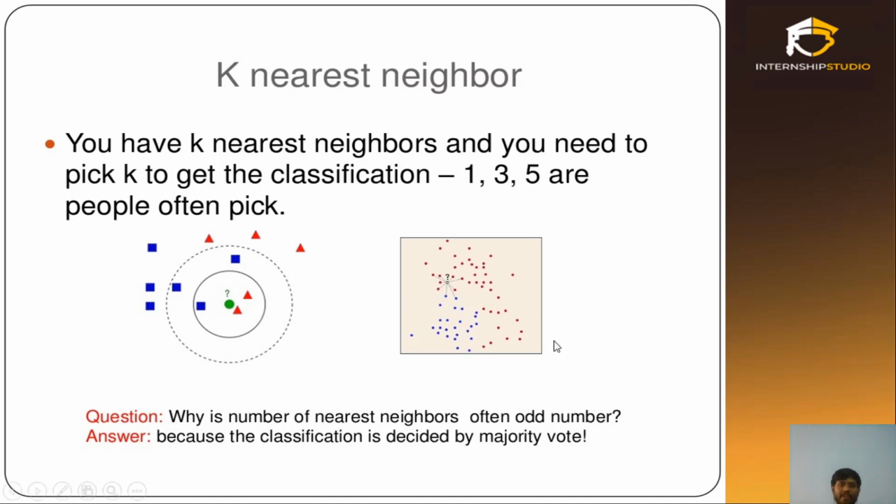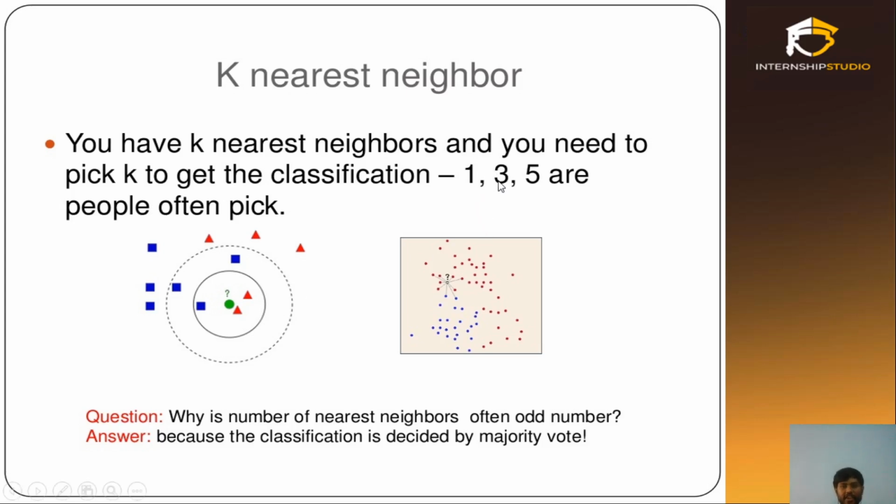And basically, when you are choosing the k value, the number of nearest neighbors, you have to make sure that it is always an odd number. So it is 1 or 3 or 5, like that. Why? Because if it is even, then there's a tie, there's a problem, right? That is the reason we are taking an odd number, so that whenever you are doing this association part, whatever majority voting we are doing,